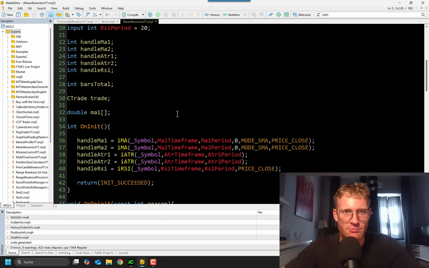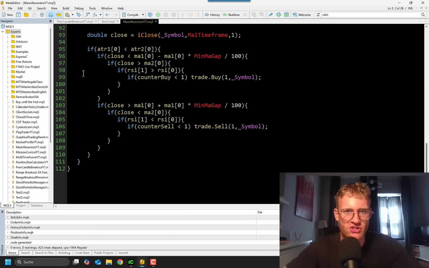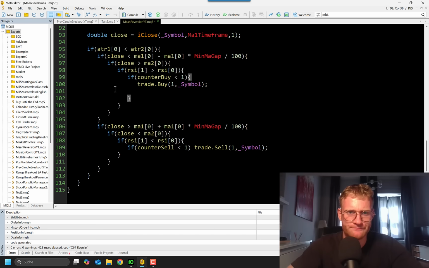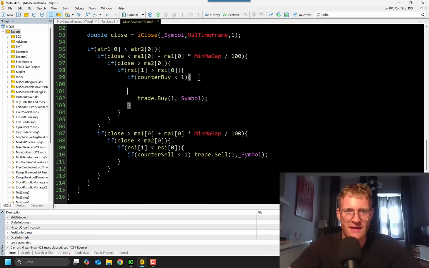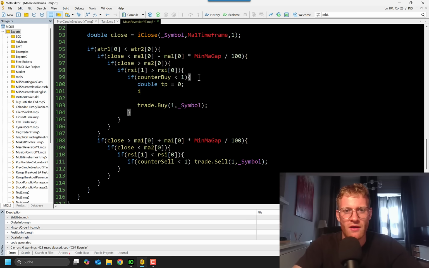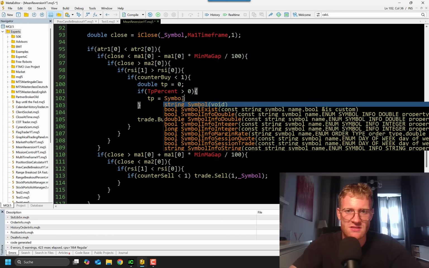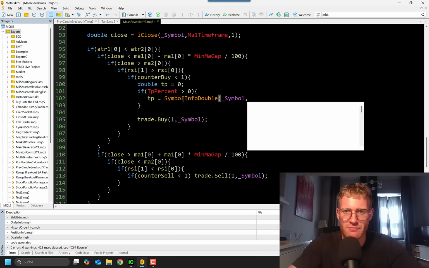So once we created these inputs, we can now, before we open the positions down here, make some calculations for these values. Let's say before we open a buy position, we want to calculate the TP. TP should be 0, or if TP% is greater than 0, then we want to calculate the TP, and here we can say TP should be equal to, actually, we kind of want to have the current ask price for this symbol info double symbol ask